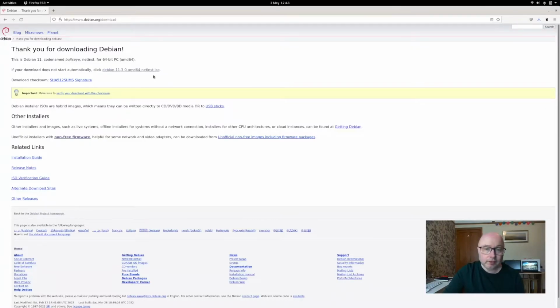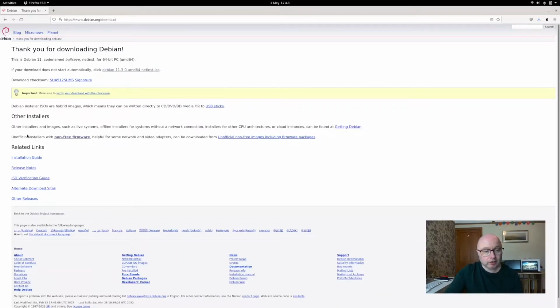What that will do is it will download the ISO for you to burn to your USB stick or DVD, and it will then need a network connection to download the rest of it so that it sets up properly. However, you can get, as it says here, CD, DVD, Blu-ray disc media or USB stick images,